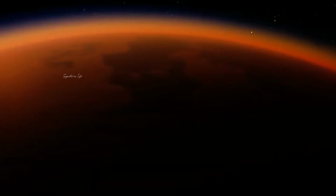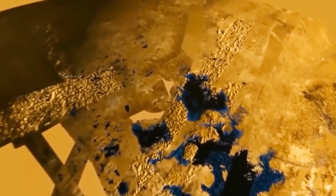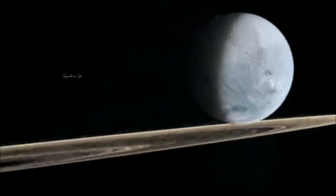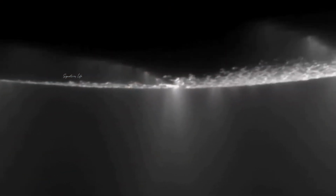To determine whether a future spacecraft could definitely discover a subsurface ocean on one of these worlds, the researchers in this work calculated how strong a magnetic field Uranus would induce on a moon's ocean. As a moon orbits a planet, that planet's magnetic field tugs at the moon, keeping it in its orbit. This tug from the magnetic field generates an electrical current that can create its own magnetic field, called an induced